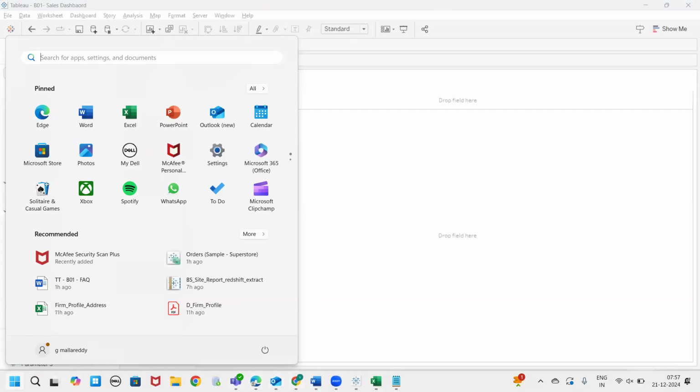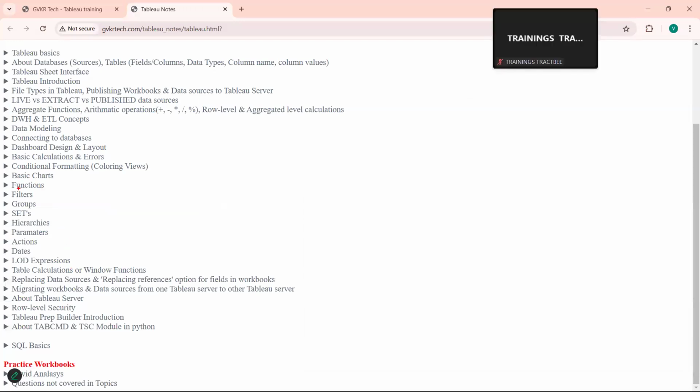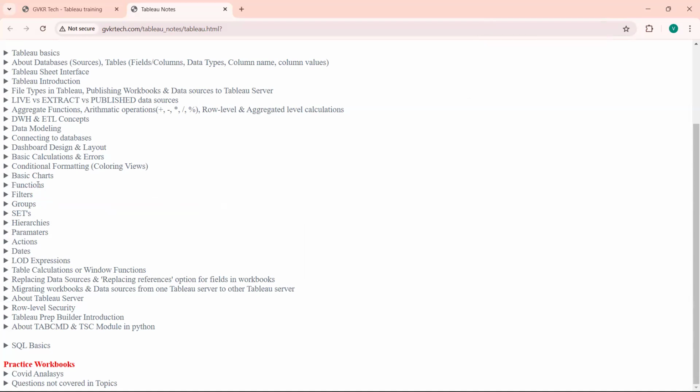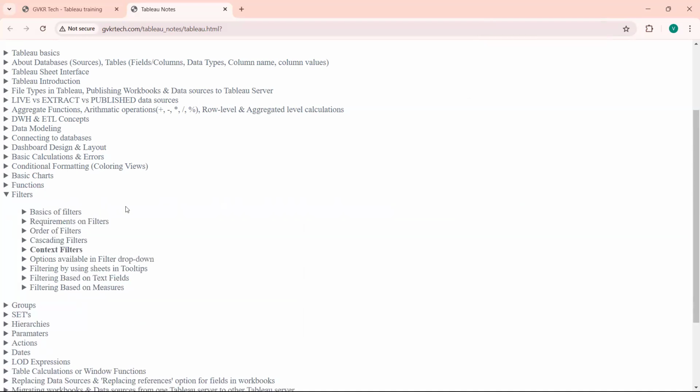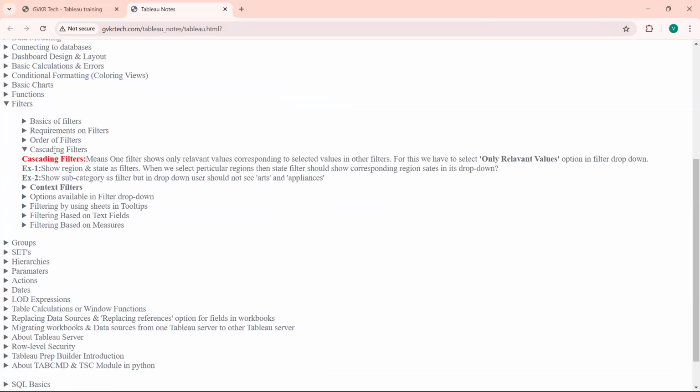Okay. So maybe in the next class I will try to cover the rest. In the filters topic, I am left with a few more topics. Those topics are cascading filters. I will tell you about cascading filters in the next class. Also, if you go to